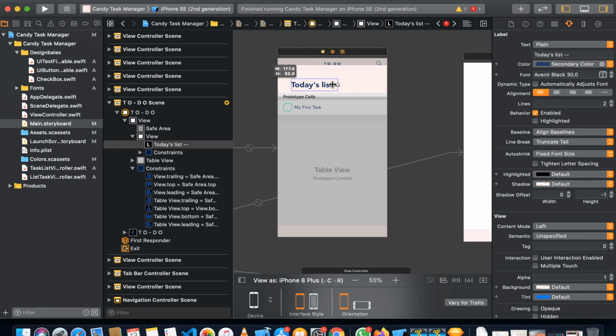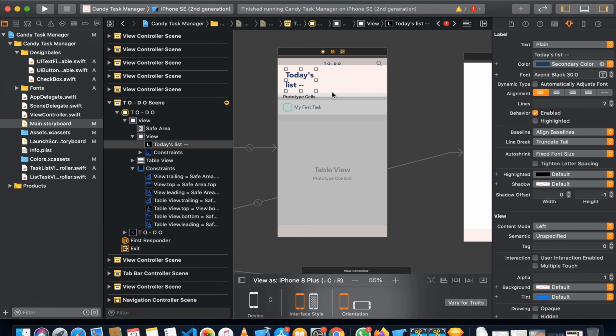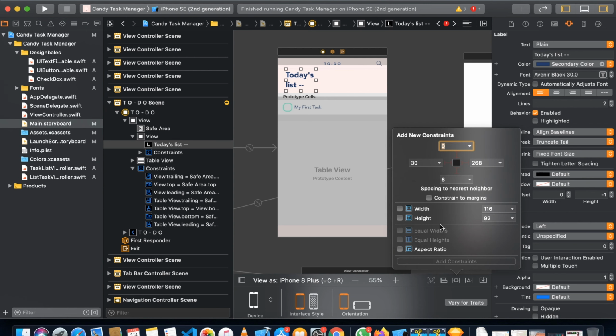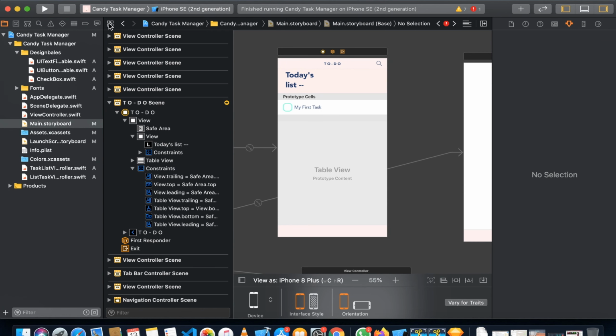If we move our text like this, you can see our text started to show. We can add constraints. And as you can see, our view design is there. If we run our application,